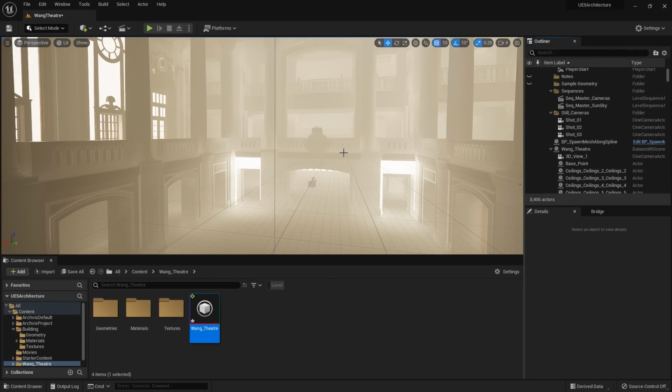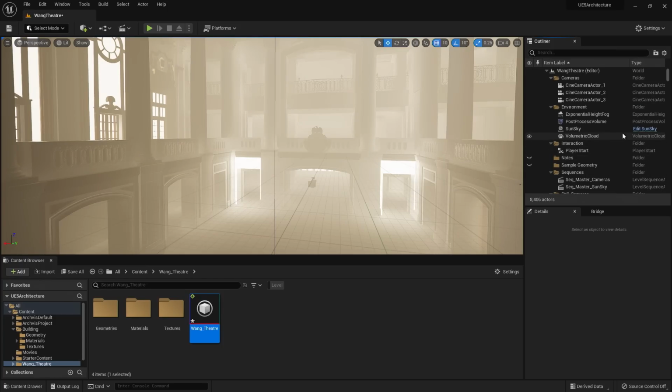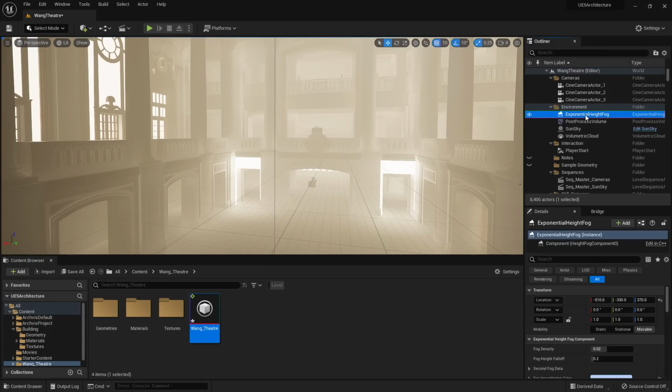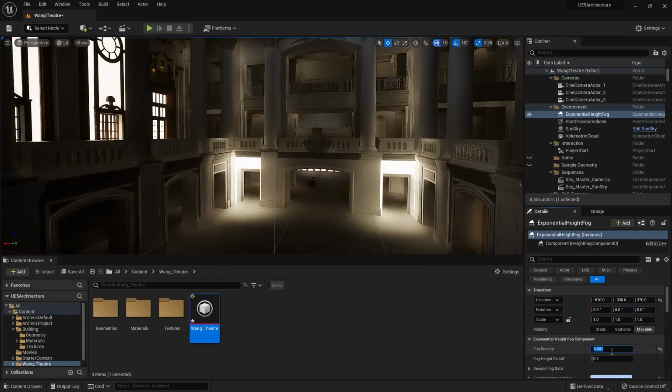Now I'm going to delete this floor and this sidewalk path here, as well as all of the nodes. So you may notice that there is quite a fog in the space. Since this project is set up for exteriors, and the project I'm using has both interiors and exteriors, I'm going to go through and lower the exponential height fog. So here I'll change this density to 0.001 for now.